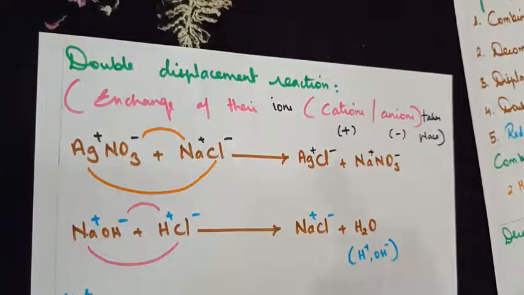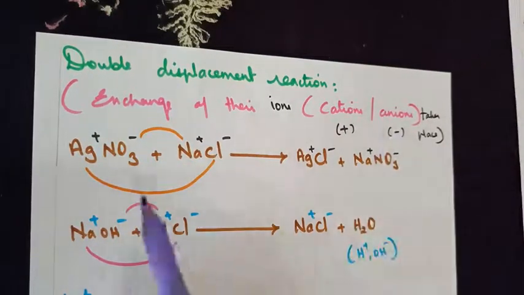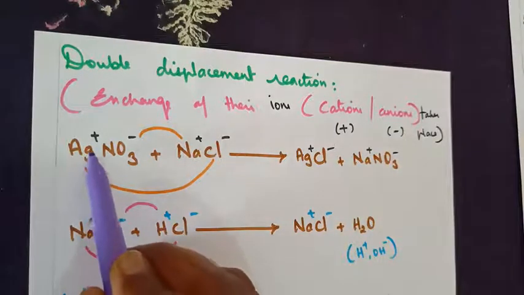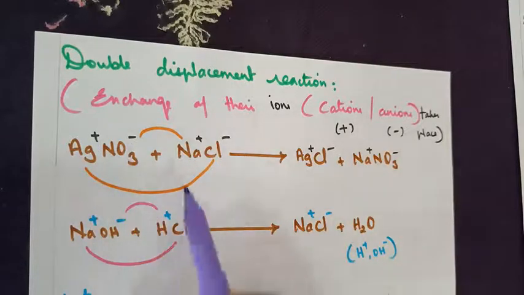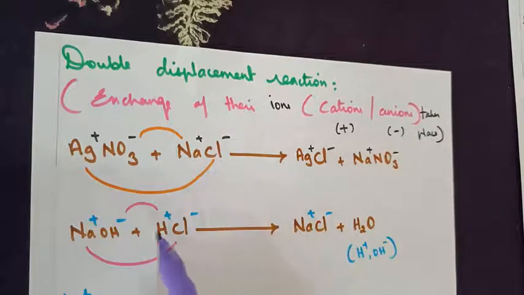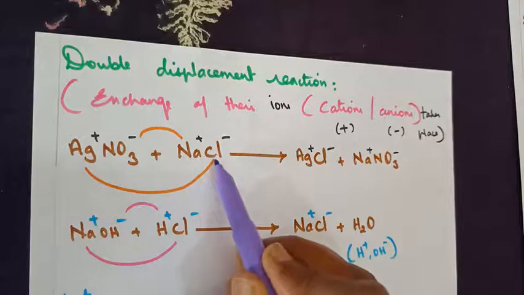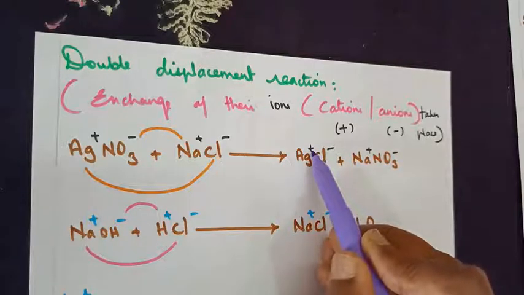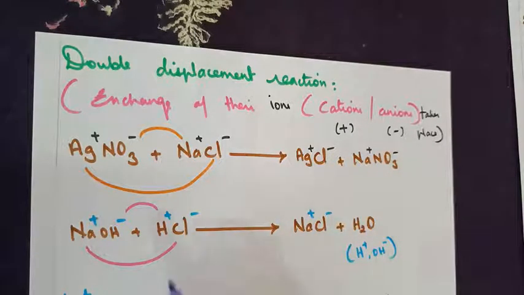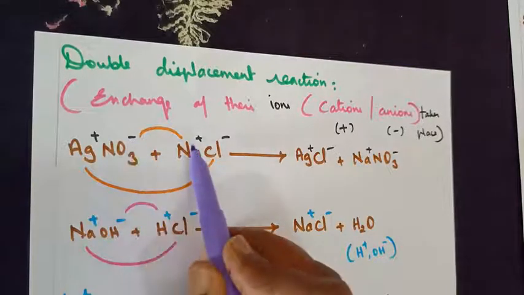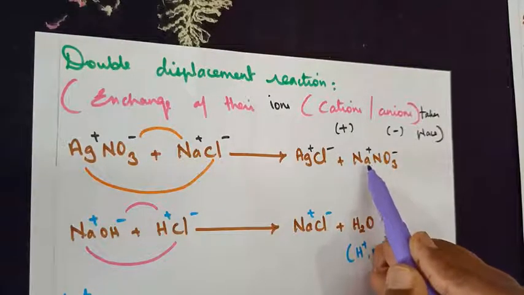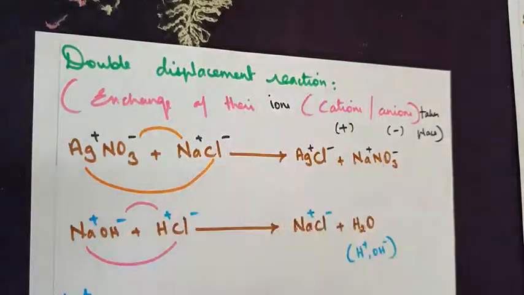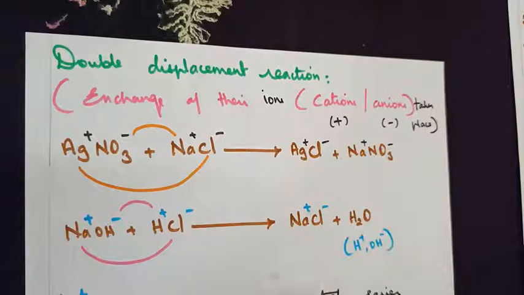Double displacement, when you look at an example, you will understand it better. Silver nitrate treated with sodium chloride. If you split into Ag plus ion, NO3 minus ion, Na plus ion, Cl minus ion, Ag plus will combine with the Cl minus and go out as AgCl. Here again Ag is positively charged, Cl is negatively charged. Look at the other way: minus will combine with the plus, so we will get sodium nitrate. Again plus and minus symbol. So this is the meaning of double displacement. Both the ions get exchanged themselves thoroughly.